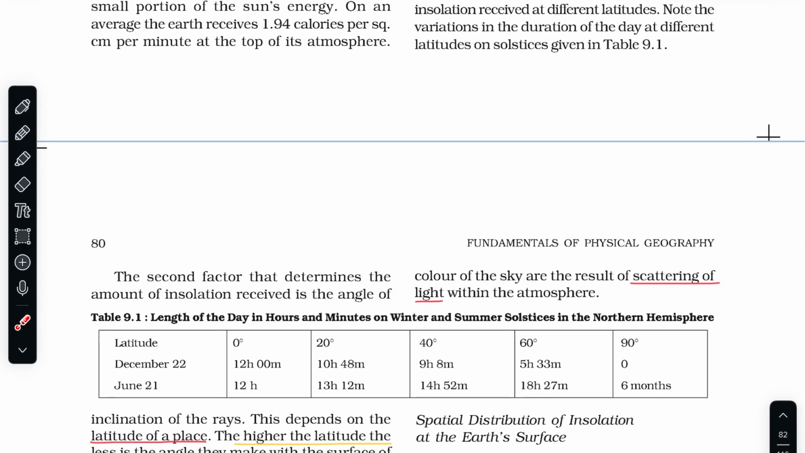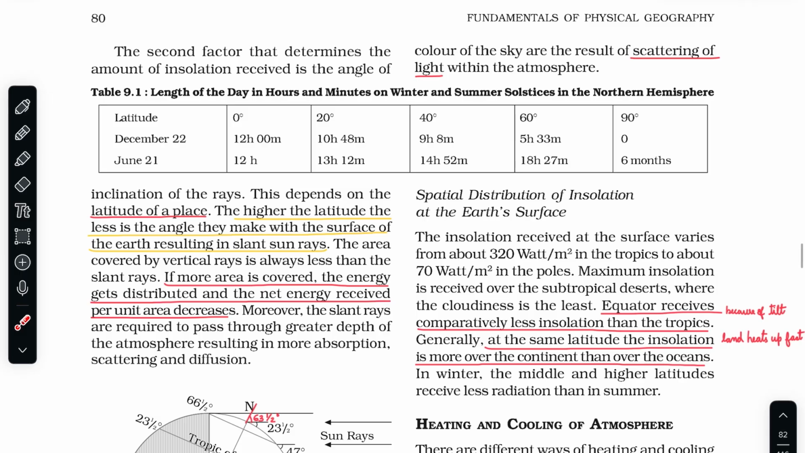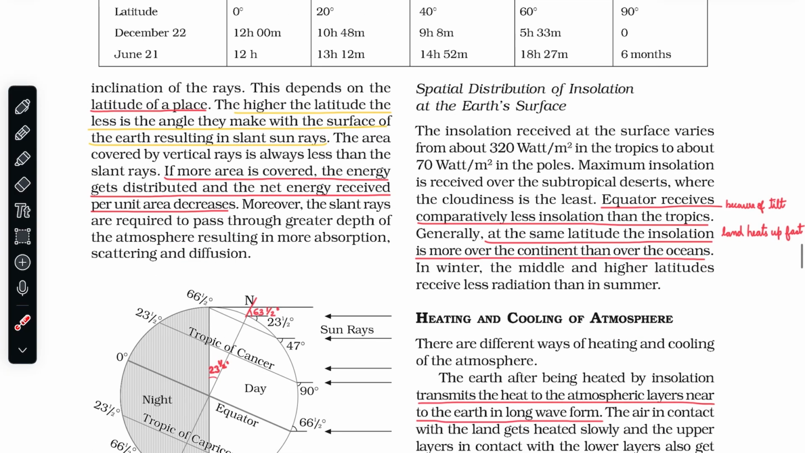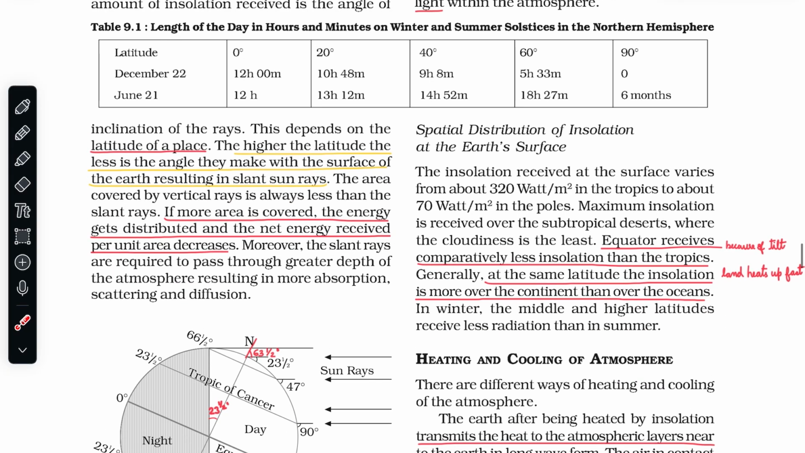Note the variations in the duration of the day at different latitudes. The second factor that determines the amount of insolation received is the angle of inclination of the rays. This depends on the latitude of a place. The higher the latitude, the smaller the angle they make with the surface of the Earth, resulting in slant rays. Here we have a table for the length of the day in hours and minutes on winter